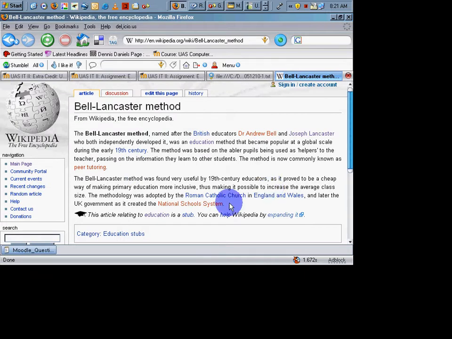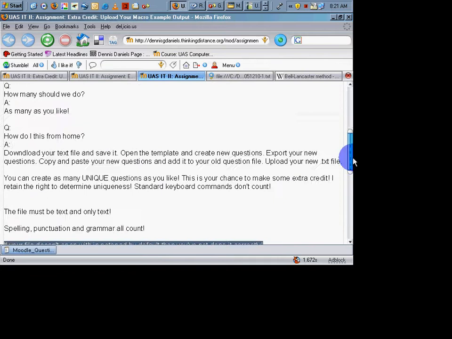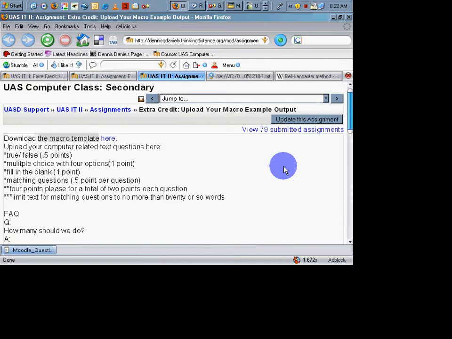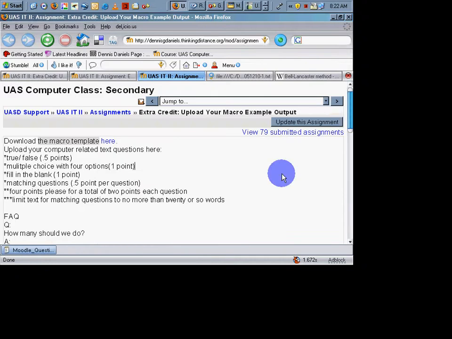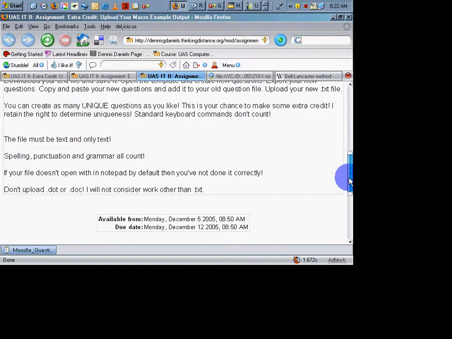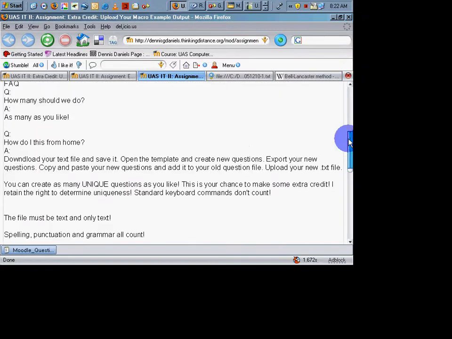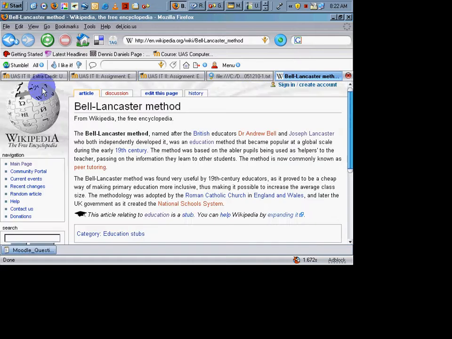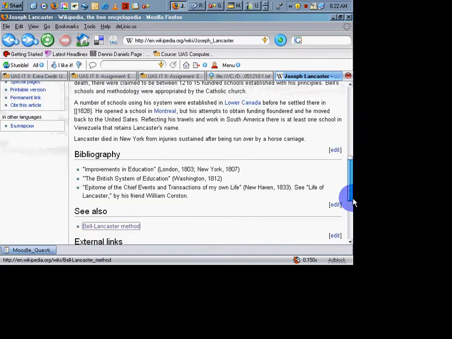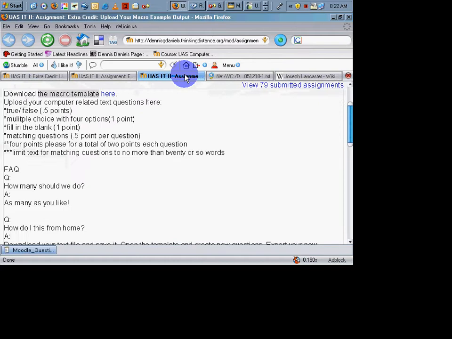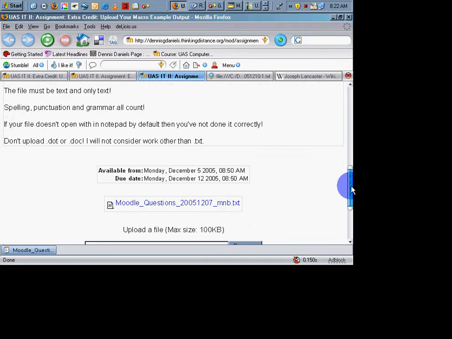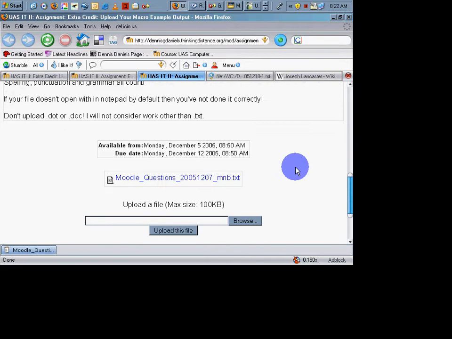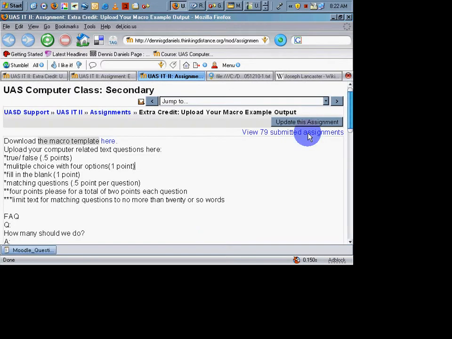So Moodle, in the best situations, can be used very much to support that idea of the students supporting each other, as well as the students participating in the educational process. That said, I want to show you how I use Moodle based on the Bell-Lancaster method, Joseph Lancaster, how I use that to improve upon my teaching processes. So let's take a look at what I do and how I do it,